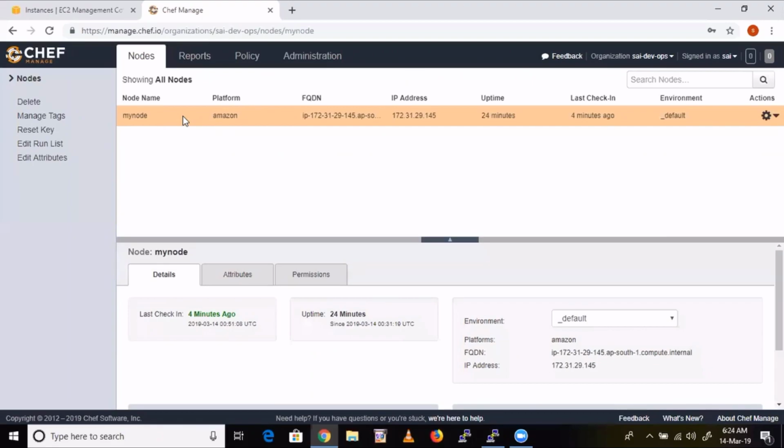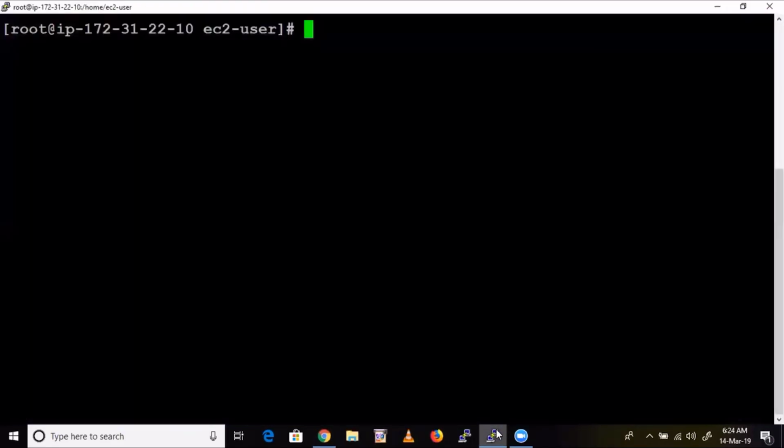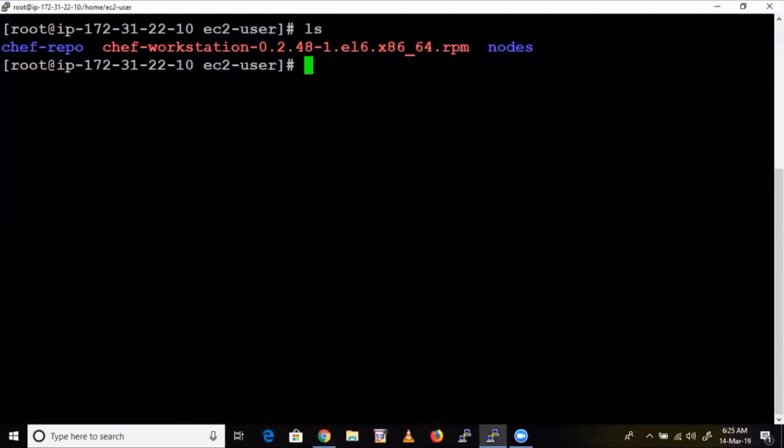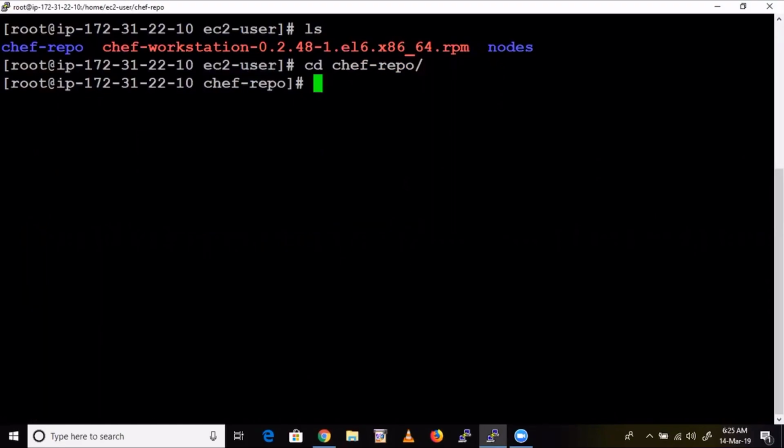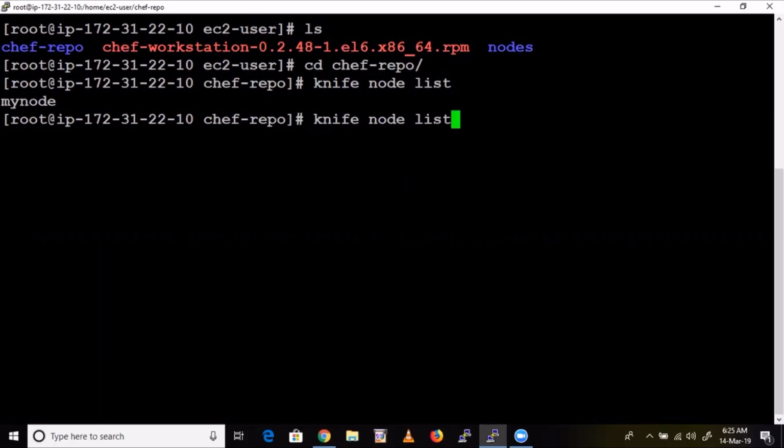Already I have the terminated one. So let me delete the node from here as well. What is the command to delete a node? Go inside the chef repo. So knife node list. It will show the list of nodes. Yeah, let's delete this node.